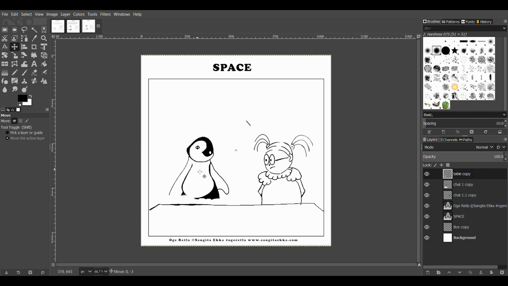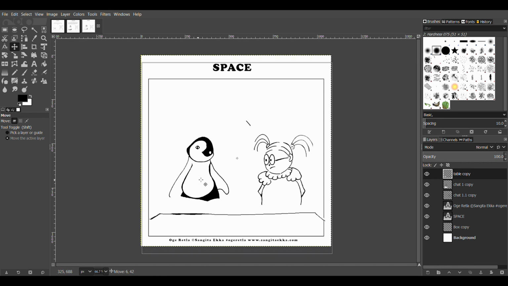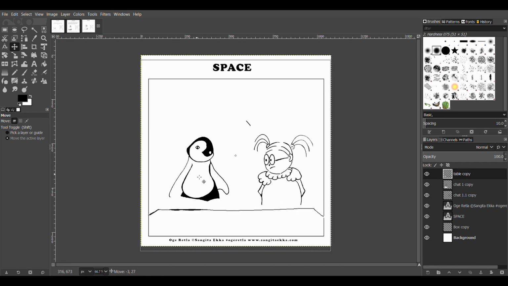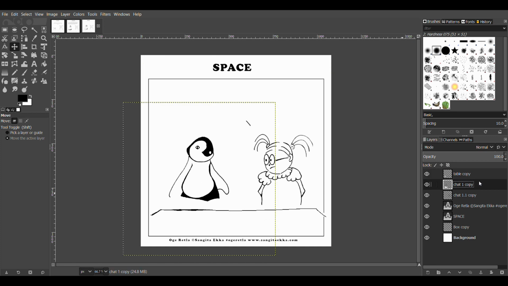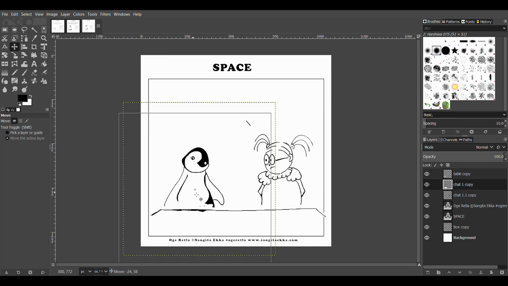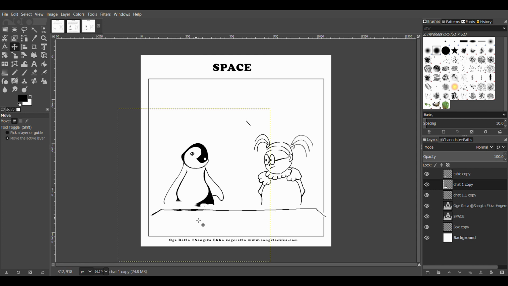So basically you can adjust things, and if you want, you can redraw the whole thing or make some adjustments to Pingudi over here by using the brush and other tools. In a way you have these two characters ready with you, and you just want to tweak a little bit and play around with the layers and see how this whole thing works.